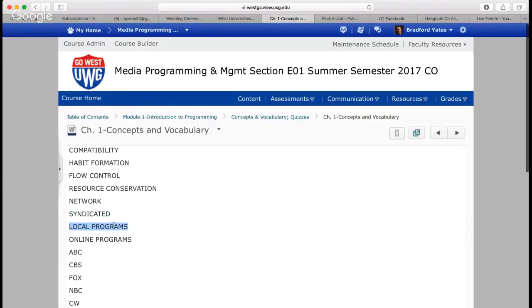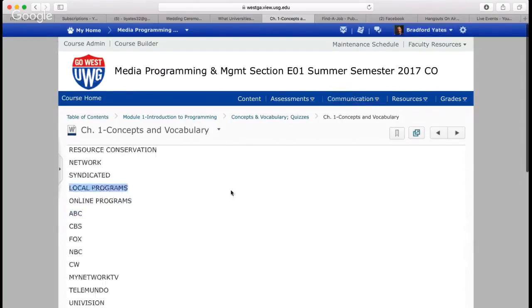One we didn't talk about a lot, and I'll say a little bit more at a later time, is local programming. The best example of local programming is your local news. WSB, WXIA, Fox 5, those are local programs. And those are the three top types of programming that have traditionally been available. There's also something called locally produced programs. Those are slightly different because they could be network, they could be syndicated, they could be online, and they could be cable. So there's a whole lot more there that is of interest to us that we'll talk a little bit more about later on.